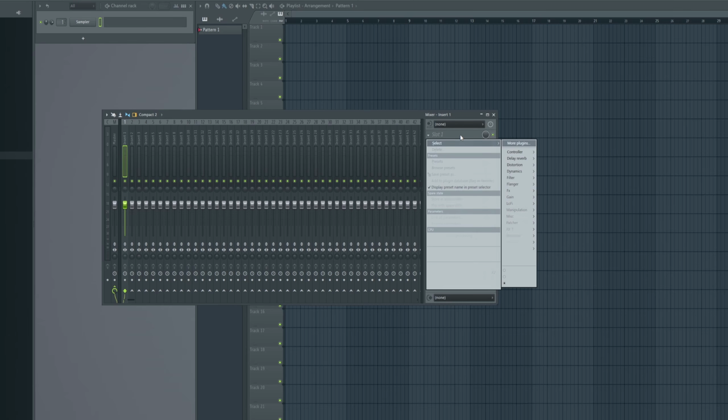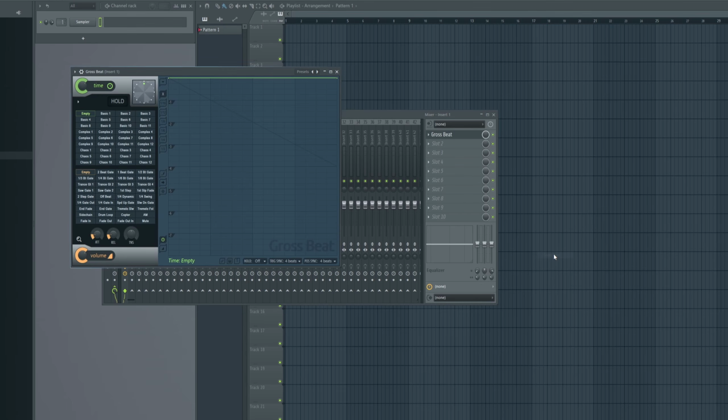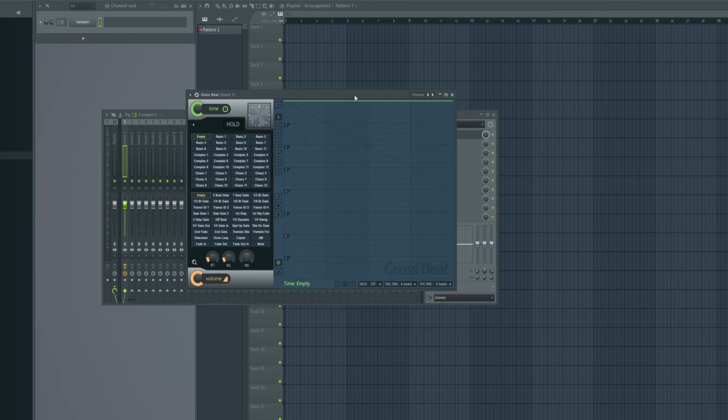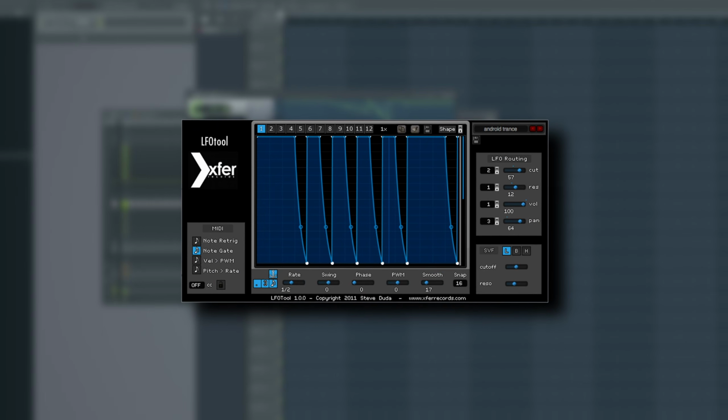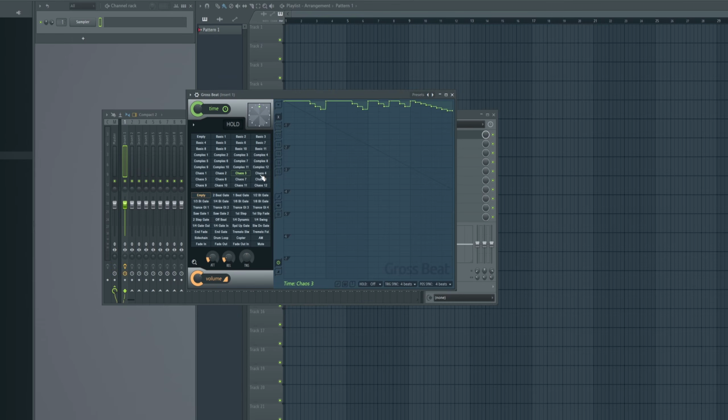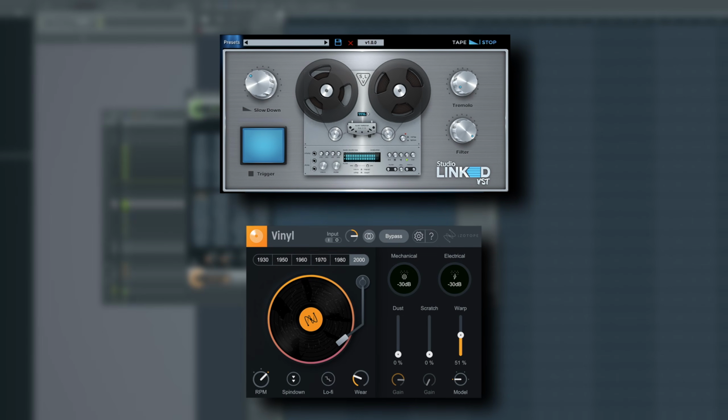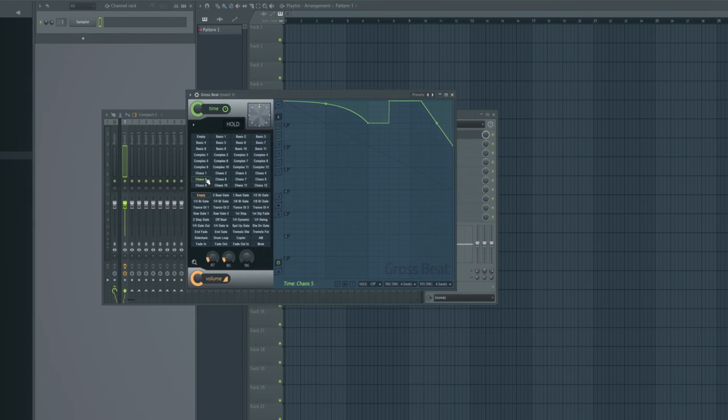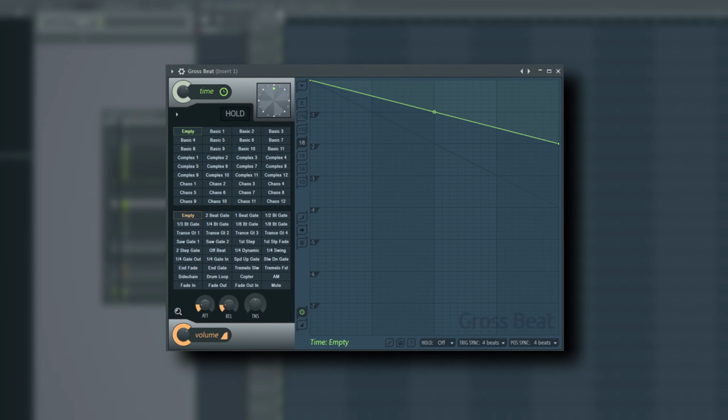Anyway, the song by Daft Punk used Gross Beat in a more aggressive way, using the more chaotic time patterns available in the preset section. However, this plugin has a vast amount of different use cases. For instance, you can use it just like an LFO tool to sidechain with the gain window. You can use it as a tape stop effect or a spin up effect on your melodies, and most importantly, you can half speed your audio while maintaining the same tempo.